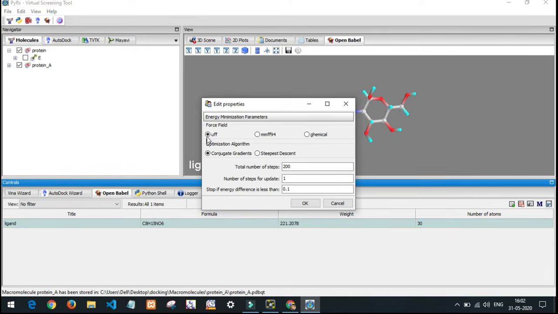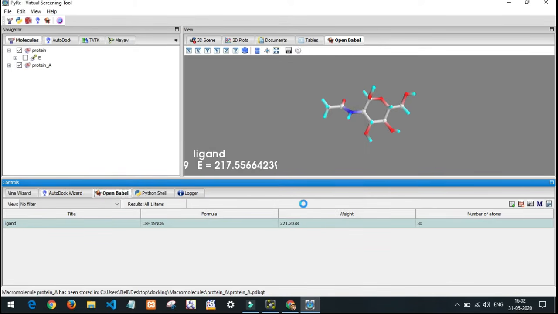So these are some energy minimization parameters. We need to select the force field and algorithm, and these are some of the parameters related to energy minimization. The values which were set here are saved as default values. In case we want to change the values, we can change them and click OK. Now the energy minimization is going on.